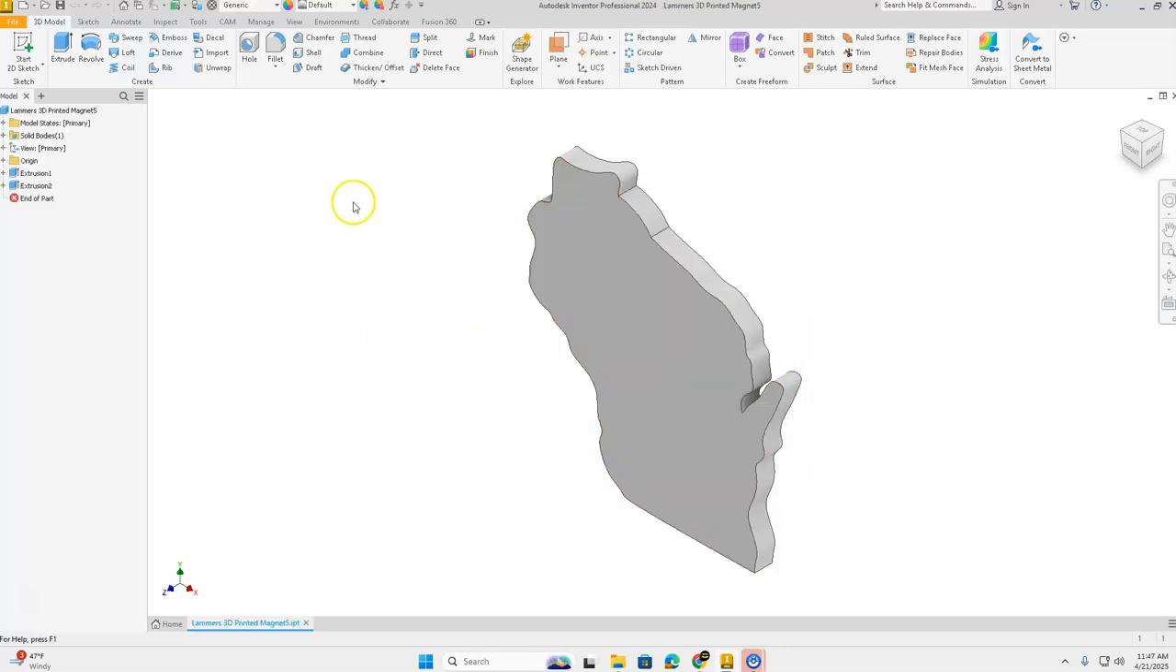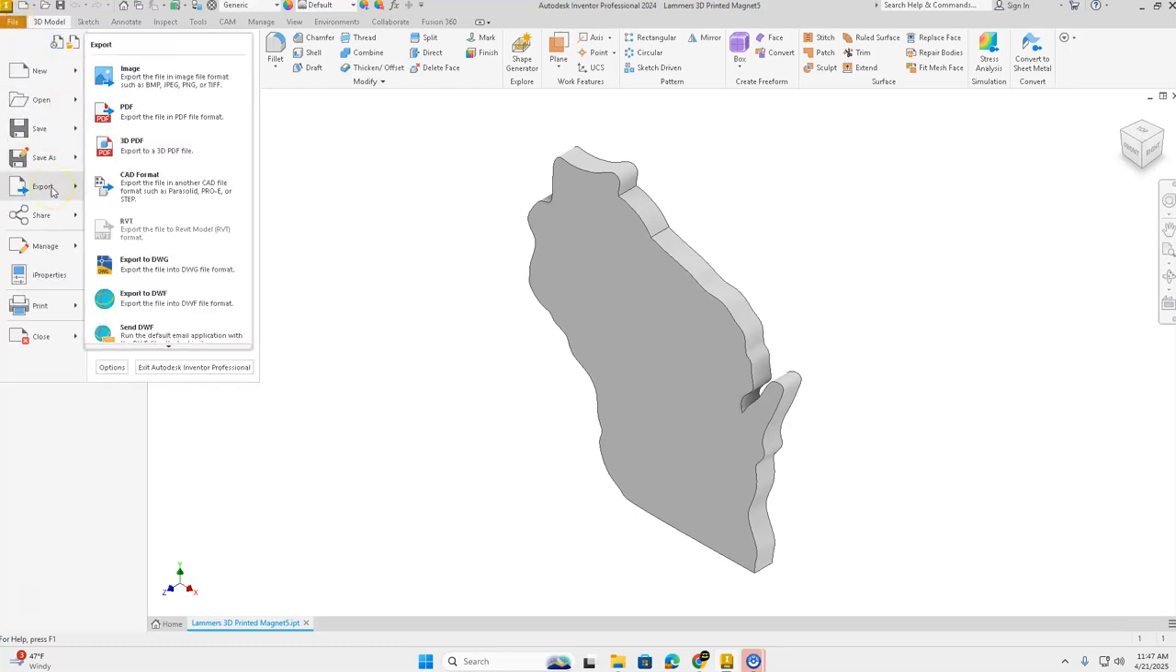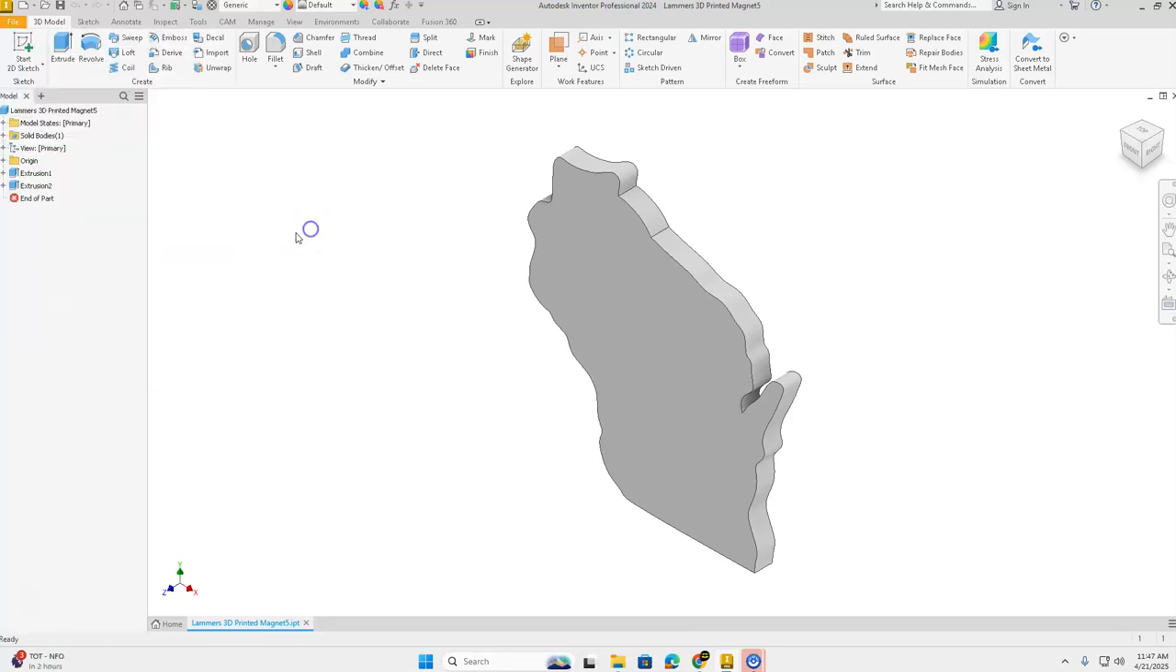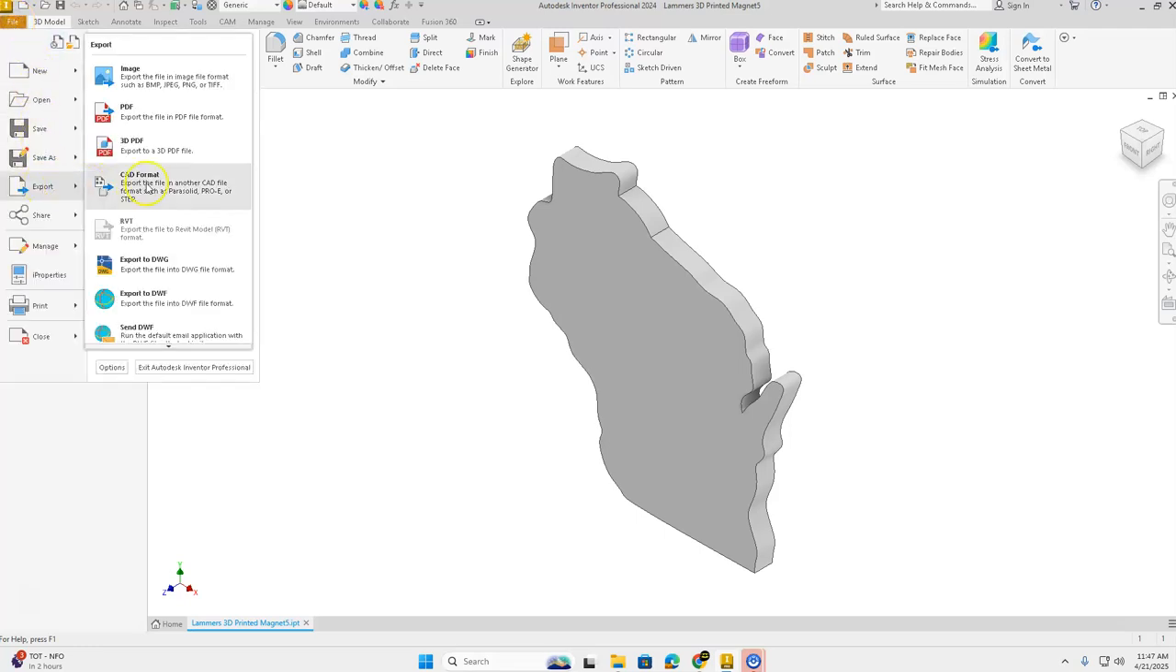Okay, once it's saved, we need to get into a file format that the 3D printer is going to read. So I'm going to come up to the top, File again, orange file, top left hand corner. I'm going to slide down to Export, and I'm going to go to CAD format. Let me do that for you one more time. We're going to go to orange file in the top left hand corner of the screen, slide down to Export. On the fly out menu that pops out to the side, we're going to click on CAD